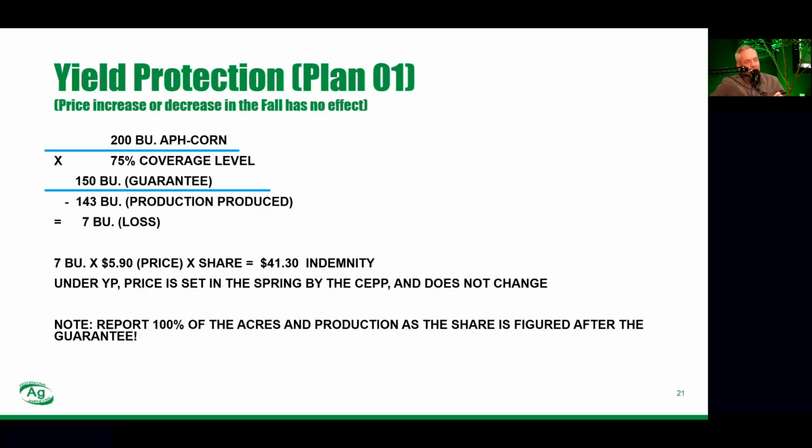The important thing to remember there is we only look at the spring price for yield protection. If I determine that I have a bushel loss, I take those bushels times the spring price, and that is what I get. Now, since I am not including any sort of fall adjustment or if price would go higher, the advantage I'm getting there is lower premium cost, right? So the yield protection policy can be an excellent way to protect bushels on your farm without spending a lot